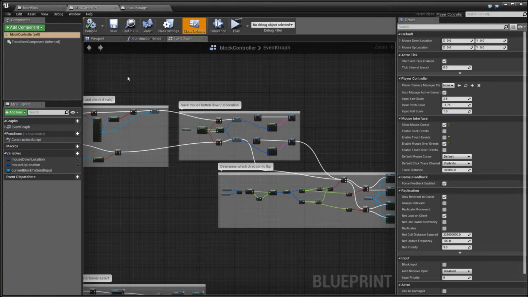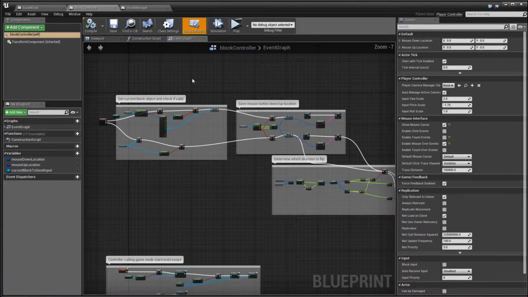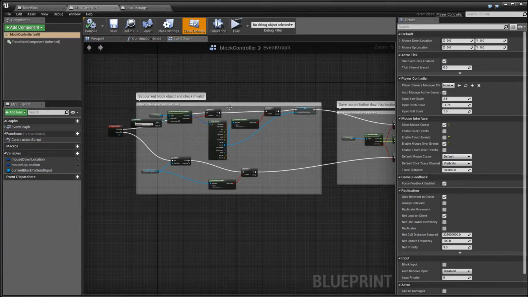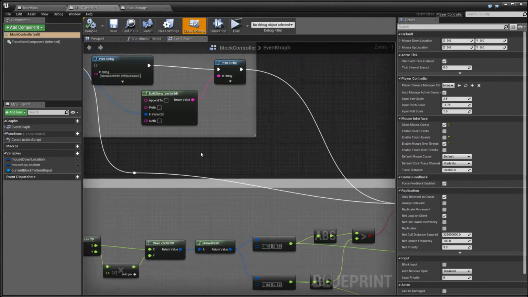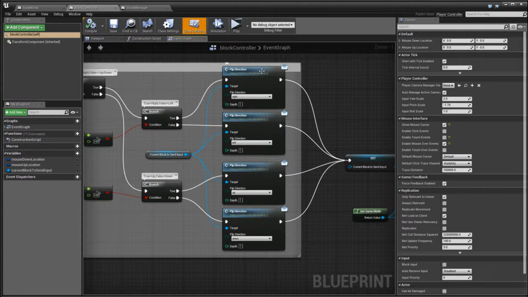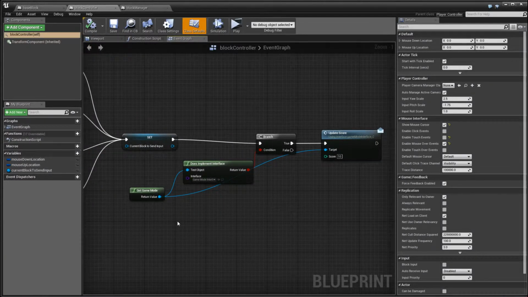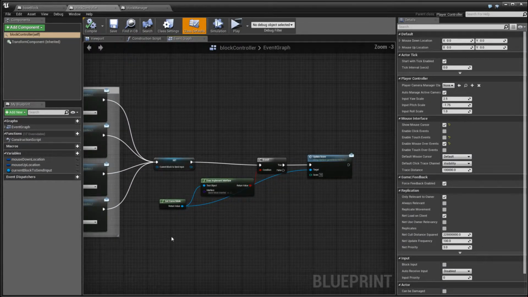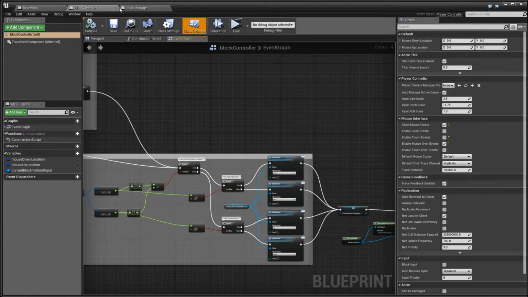Okay, so now we get this out of the way, we can see the change we did to block controller, where the first flip would happen. After we update the interface, we know when we flip the block, it will always be the first one to get flipped. So we set the depth to 1 here. That's pretty much the update we did to block controller.